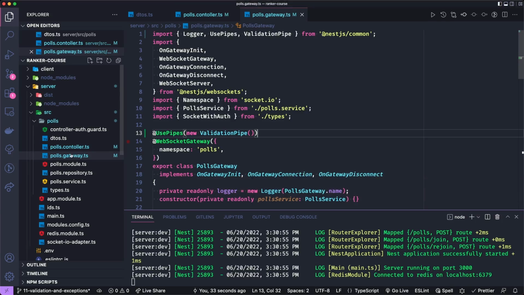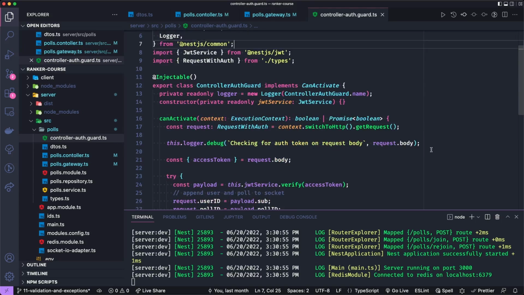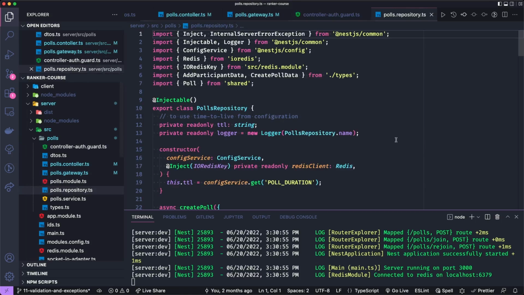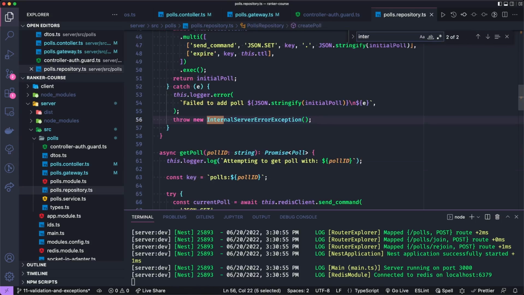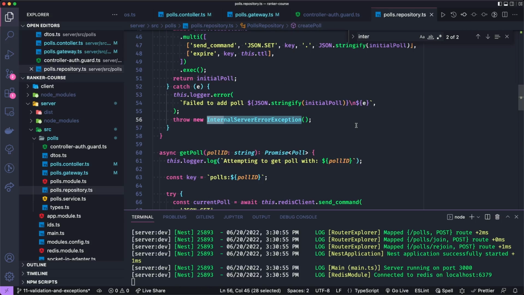Another example is, let's go to our controller AuthGuard here. And you can see that if they do not have a valid JSON web token, we throw a forbidden exception. And this gets in turn converted into an HTTP response with the status of 403, I think, and then adds this message. In our polls repository now, let's see right here, we should have an internal server error somewhere. Let's see, there we go, or an exception, and we throw that, and then that gets converted into an HTTP